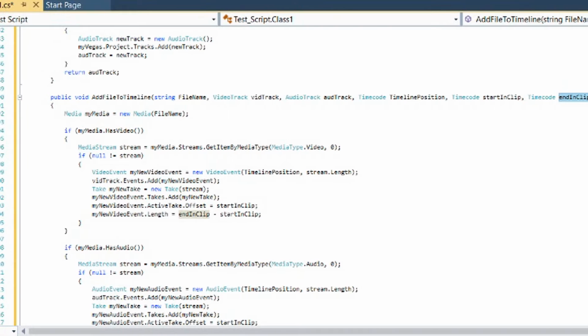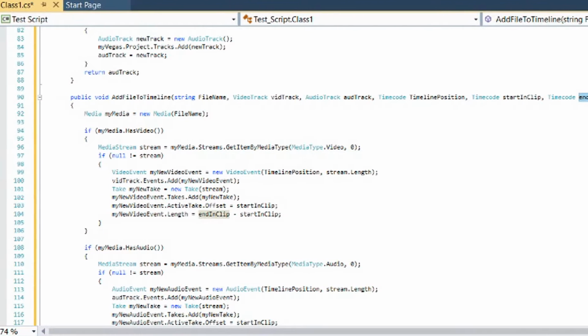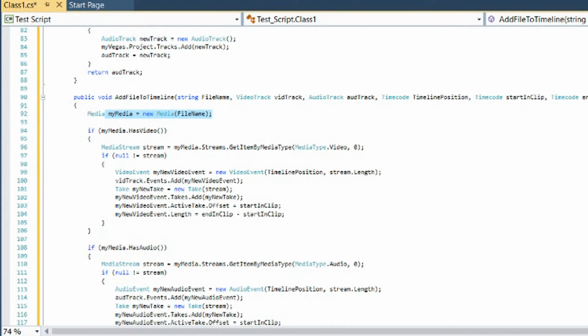So let's see how we will do this. This part is exactly the same. We still need to get the media from the file name. Then if it has video, we're going to get the video stream from the media just like we did before. If it is not null, we did find a video, so now we need to go in and add it